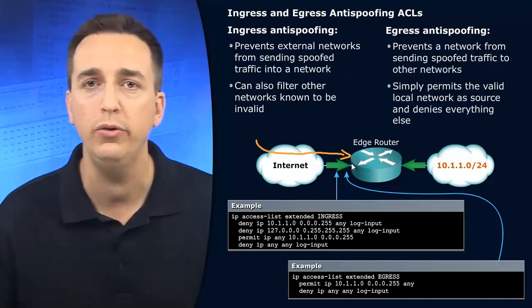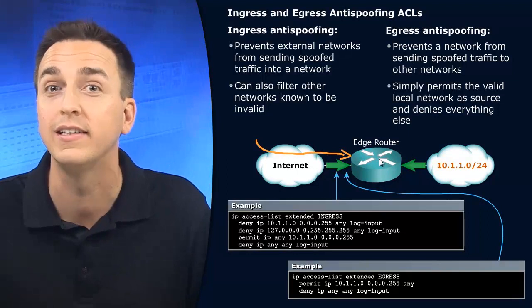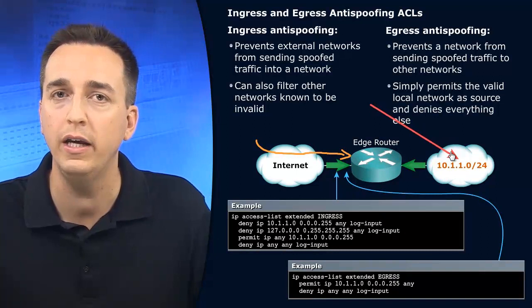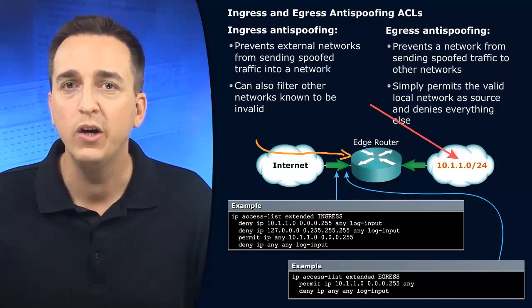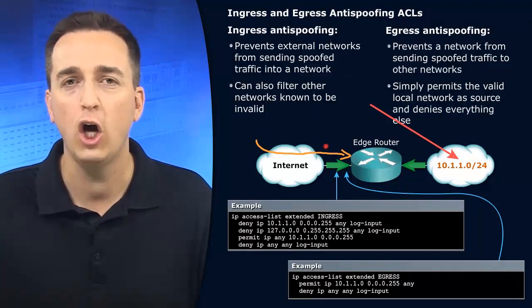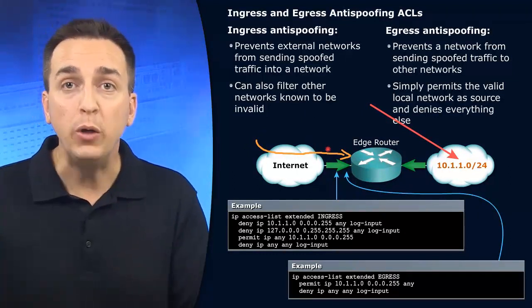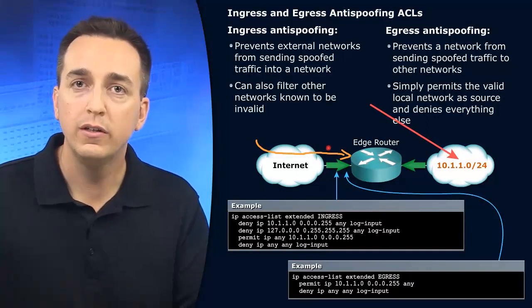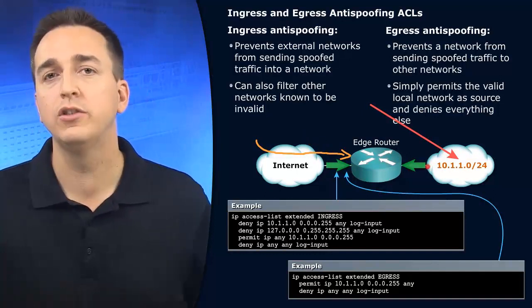Now, why do we want to do that? Well, think about where 10.1.1.0/24 is right now. Where is it? Yeah, it's over here. It's way over here. So should traffic ever be sourced from 10.1.1.0/24 if it's coming from the internet? No, not at all. So we are going to make sure that nobody can spoof an IP address we're using inside of our network from an external source, and spoof that so they can gain entry into